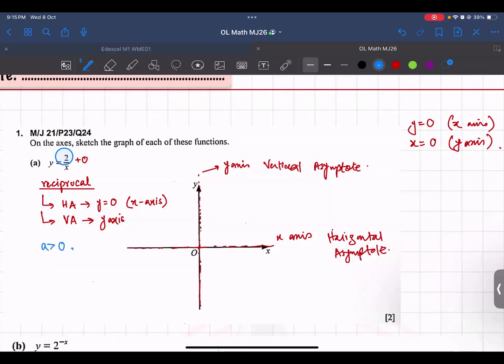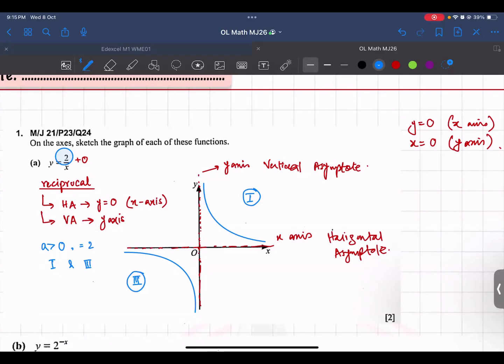It is positive. So I told you it would be in the first and third quadrant. So your graph will go like this and go like this. It will not touch the asymptotes, and it will be in the first and the third quadrant. This is the first quadrant. This is the third quadrant. So this is what you will show in the exam as well, and you will get the complete answer.